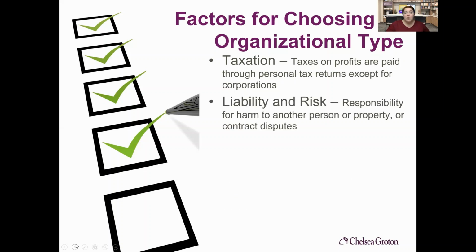As you're thinking about that, we should also be thinking about liability and risk. That is responsibility for harm to another person or property, or contract disputes. Those things can be liability like personal property, or contractual liability. So those things you need to be thinking through. We'll talk about each one as we're talking about what each structure provides. And then